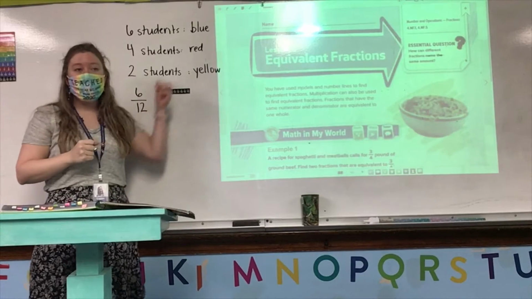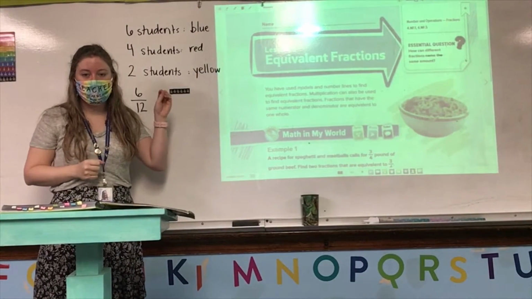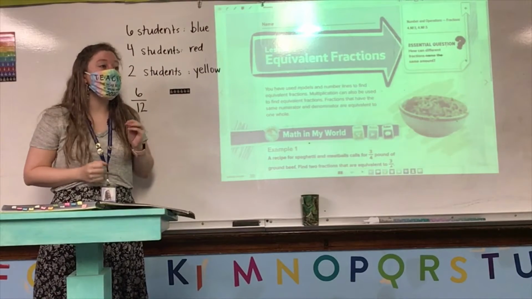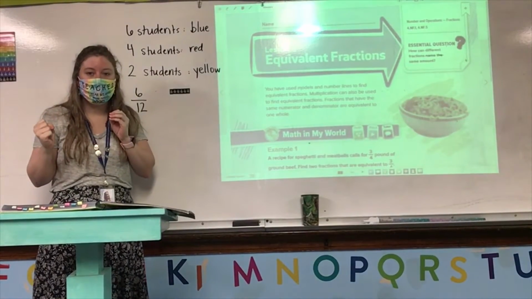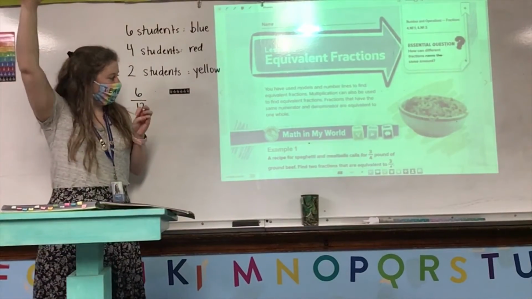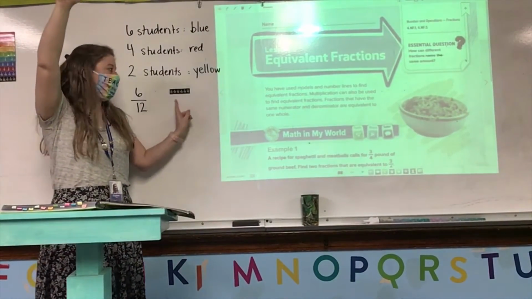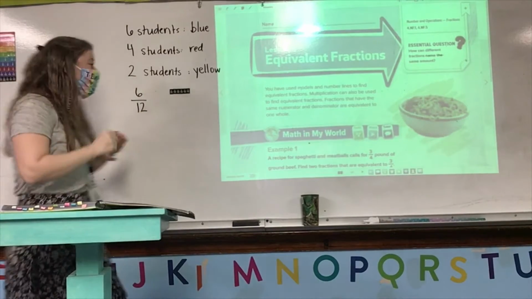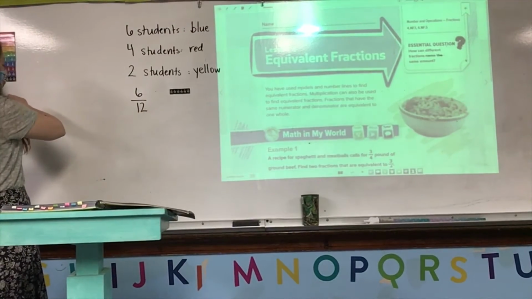Do we have fraction tiles with the denominator of 24? No. So let's try factors of 12. What is a factor of 12 that we do have fraction tiles with that as a denominator? Zadie. 6. So let's start matching up